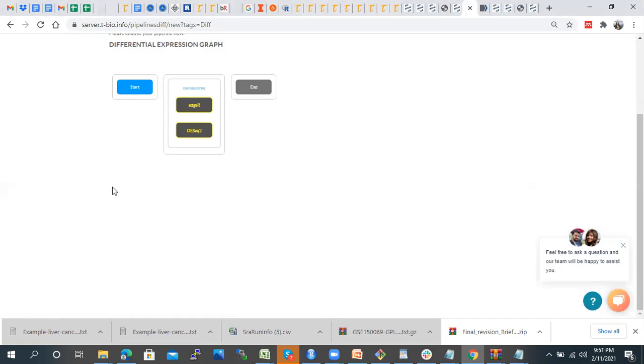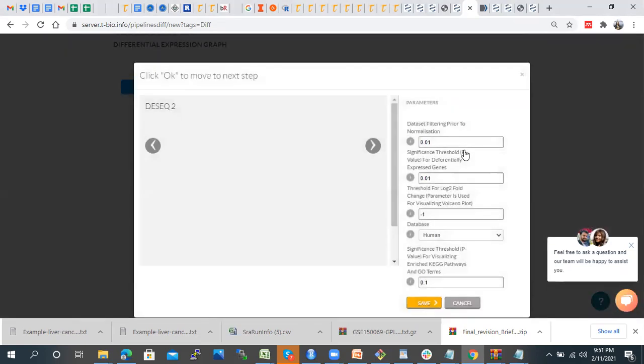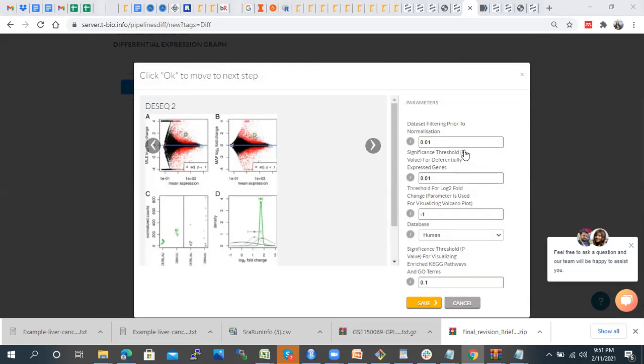Exactly. So now you can choose any of these algorithms, like DESeq2. Here we need to define what we want to filter out. For example, you want to filter out those values which contain at least one value. Then for the significance p-value, we can set 0.05. If you remember, the p-value is a must, especially when you're doing differential gene expression analysis.